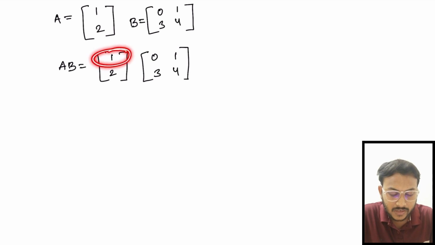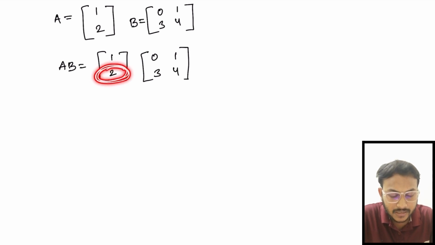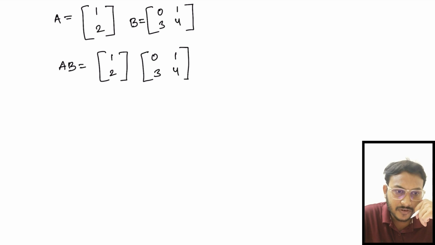So in the first row only one element is present and in the first column 2 elements are present. So if you see the second row, only one element is present, so I cannot multiply one element with 2 elements. Okay, so that is the reason every two matrices cannot be multiplied. Okay, so there is a condition for which only matrix multiplication is possible. So there is a rule, so that goes like this.